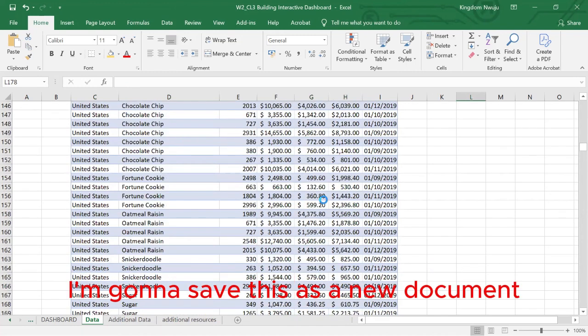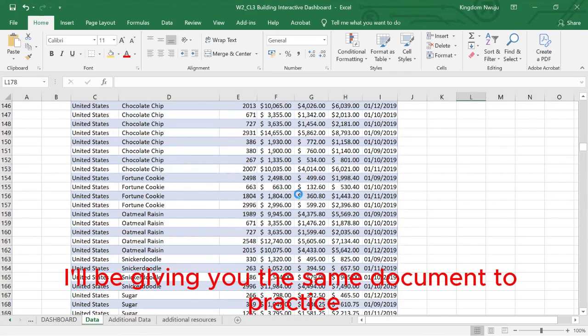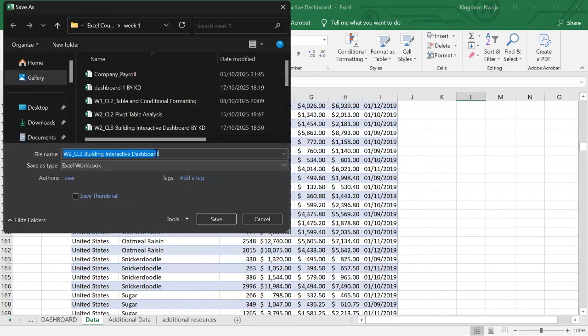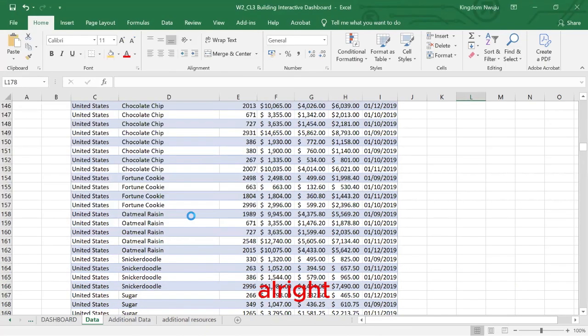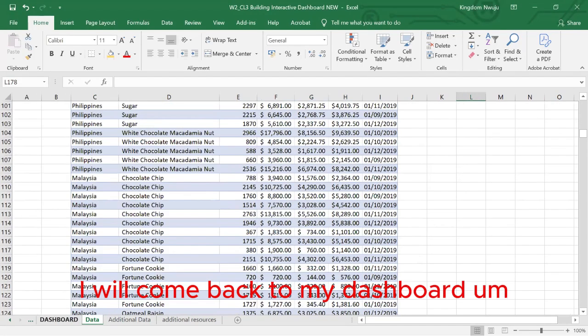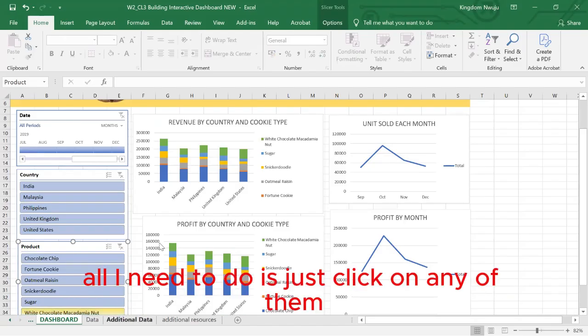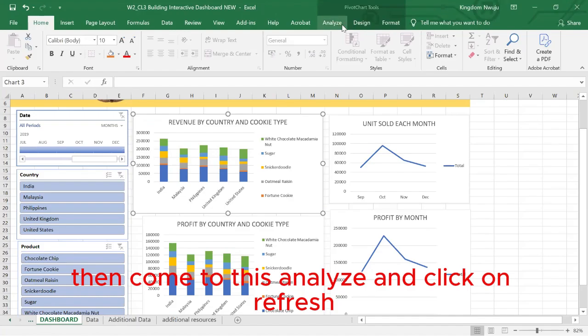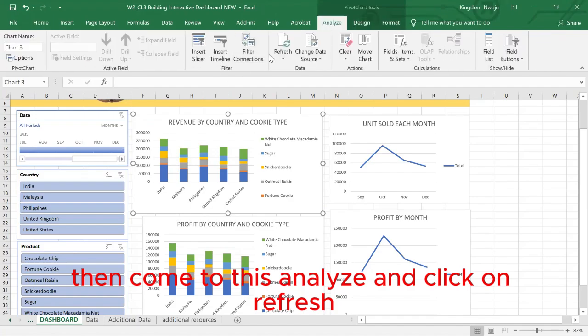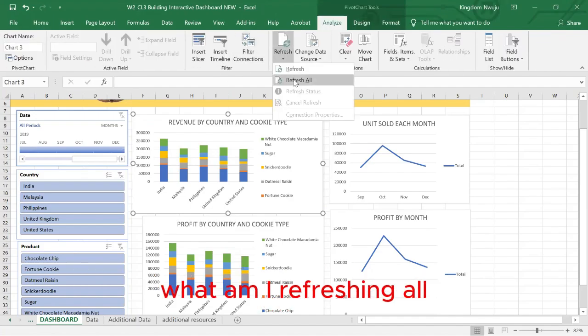I'm going to save this as a new document because I'll be giving you the same document to practice. So I will save this as new. All right, so this has been saved. I will come back to my dashboard. For it to reflect what has been saved, all I need to do is click on any of the charts, then come to Analyze and click on Refresh. What am I refreshing? Oh,